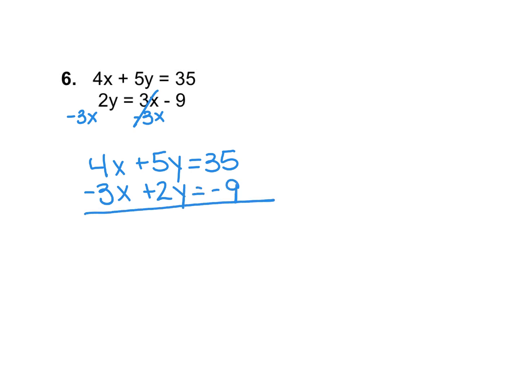And again, for this one, you do not have anything that's going to cancel out. It's not going to be easy to make a 4 a negative 3 or a 2 a 5 and so forth. So you're going to have to, before you can solve it, multiply